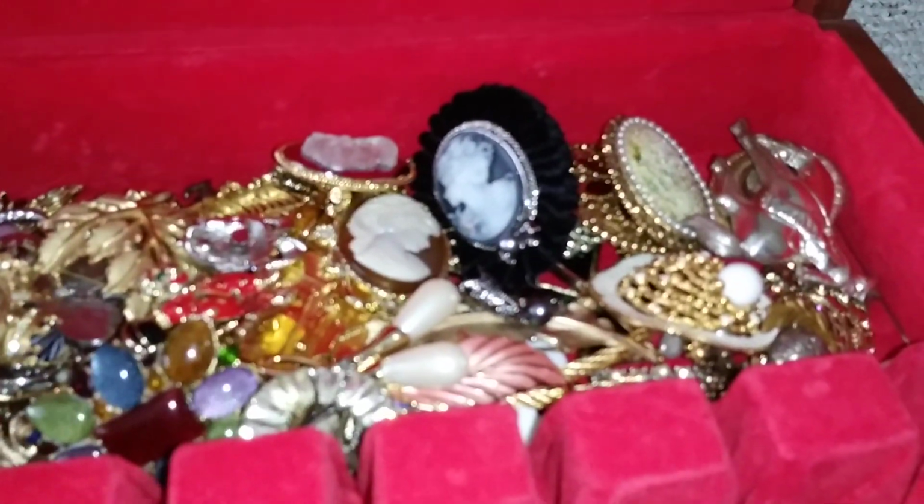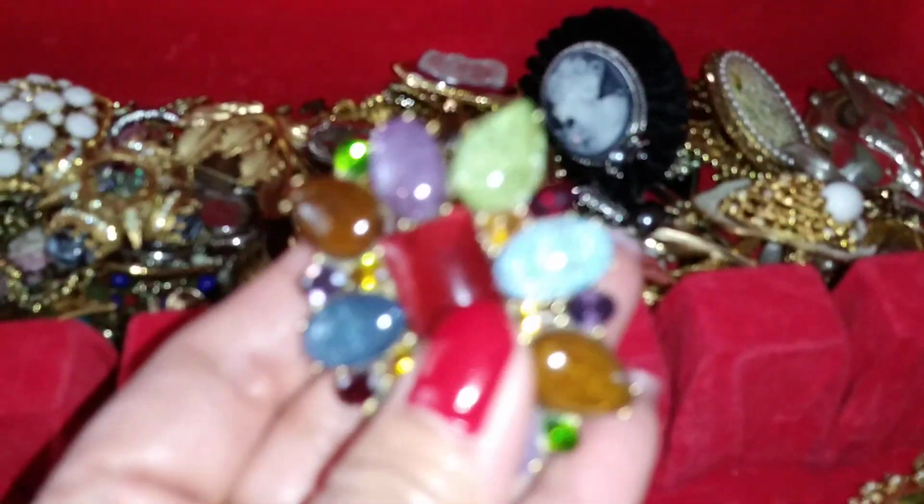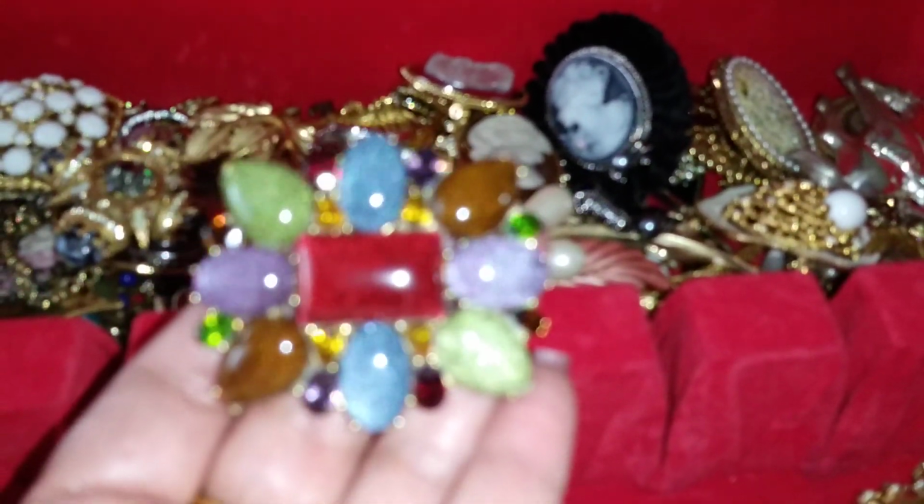Okay, this one, I think I'm going to arrange them by stones. This is a Liz Claiborne. Love